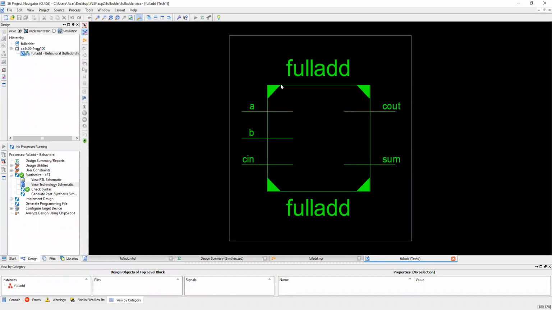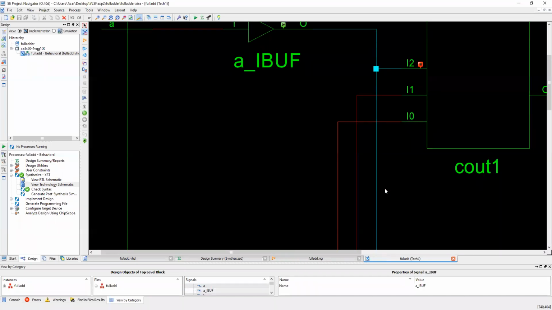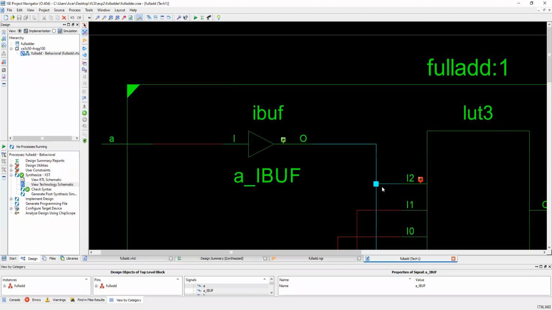See here, this is the full adder. These are the 3 inputs. These are the 2 outputs. And when you again double click here, you will get the circuit inside that full adder. You are able to see that also.